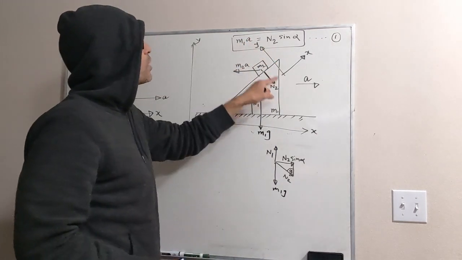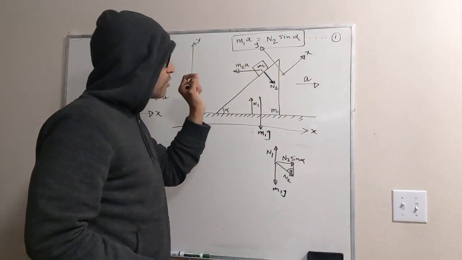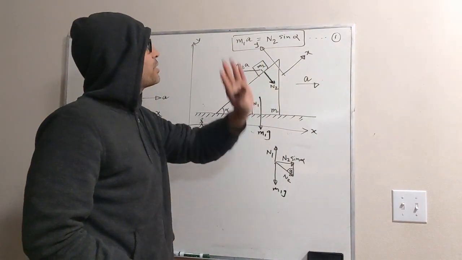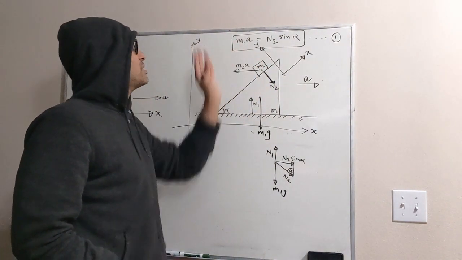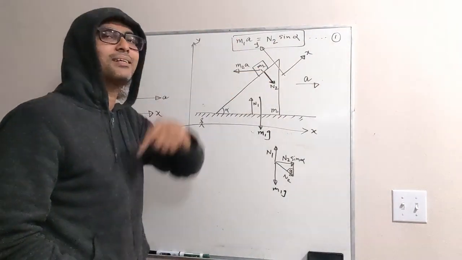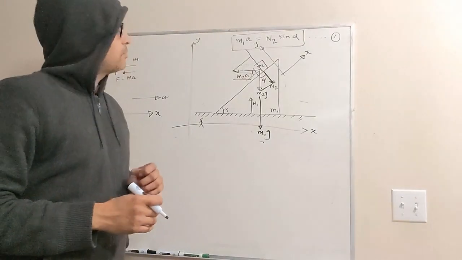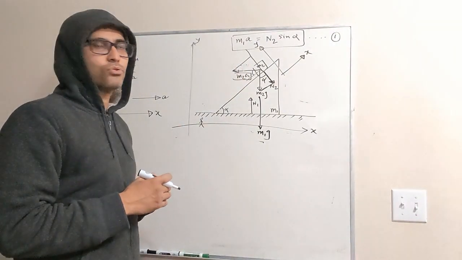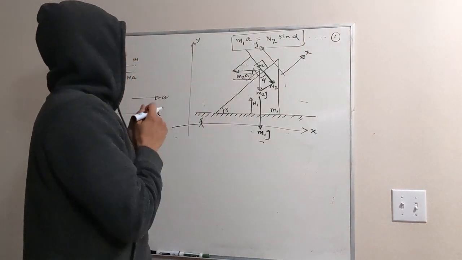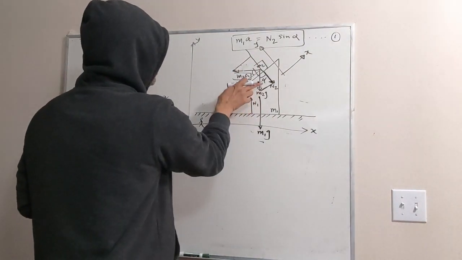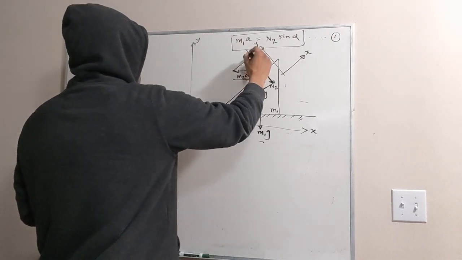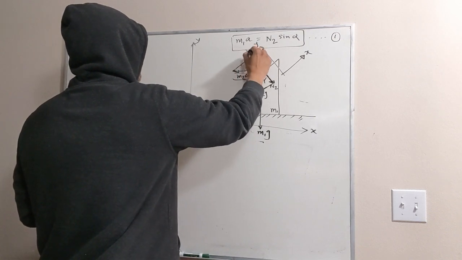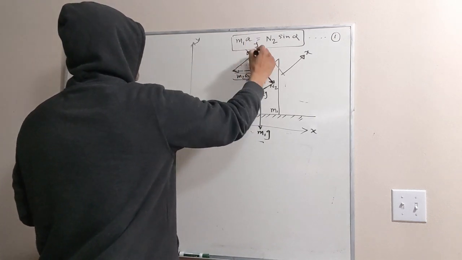Now there is no net motion in y direction. So all the forces along the y-axis should sum up to 0. Or the other way we can say, the sum of the forces in the positive y direction is equal to the sum of the forces in the negative y direction. So now let us figure out what are the different forces acting on the mass M2. On M2, three forces are acting. One is obviously the normal reaction from this surface to that M2 object. So this normal reaction is acting in this direction. So let's just put it like this. This is M2 on that direction.